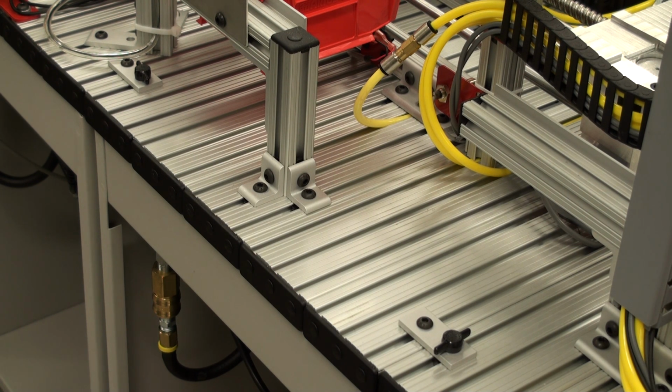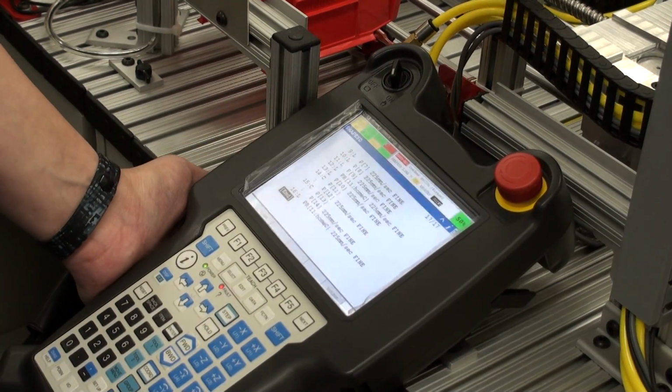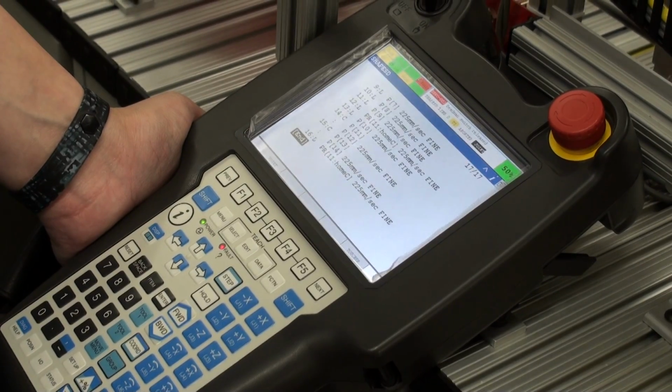One of the things that they taught us while we were at Fanuc is call them. They want to help you. They don't want you banging your head against the wall if you're having trouble. This is one of those things that I would highly encourage you, if you've got a facility that's got multiple robots, get these things already done, have them on the robot. This is 10 minutes you can save on downtime by already having this information right in front of you rather than having to find it. But Mr. Kaysen here is going to show you how to find that information on the pendant and step you